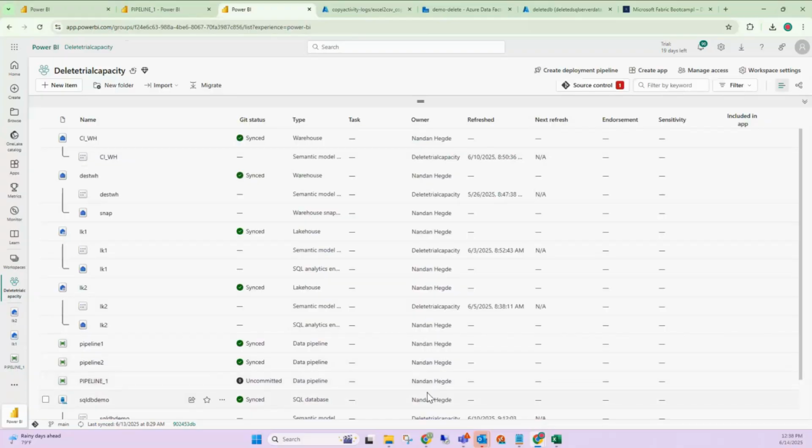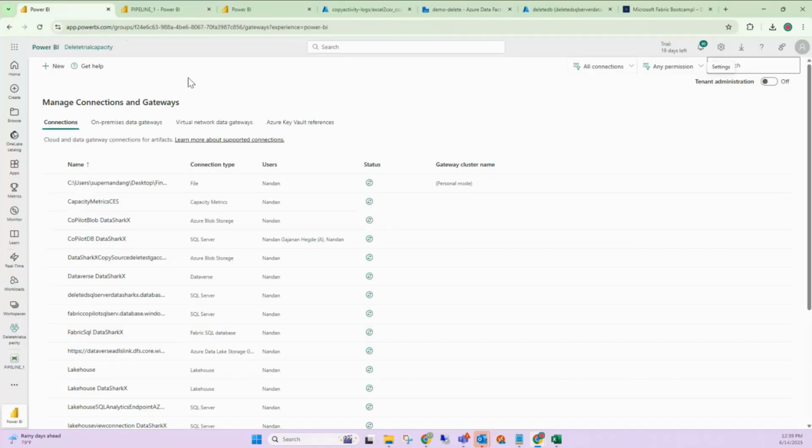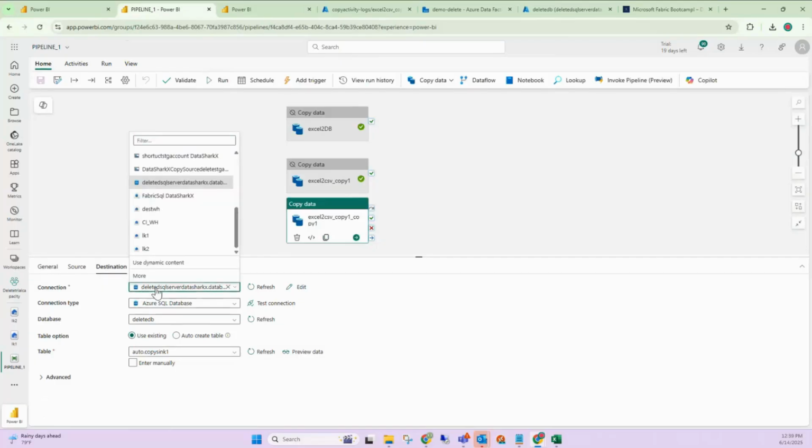And as long as the second user has access to run the pipeline, he or she can run the pipeline. But he or she cannot modify the pipeline because of that connection issue. So how to manage that aspect? So for that, as I said, under connections, the user who has created the connection, correct? It is his or her responsibility to share it with other users within that workspace who have contributor and above access. Meaning, now in case if I want to copy this, if I want to check deleted SQL